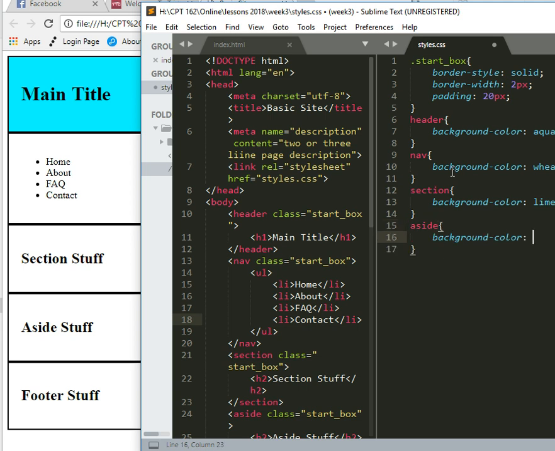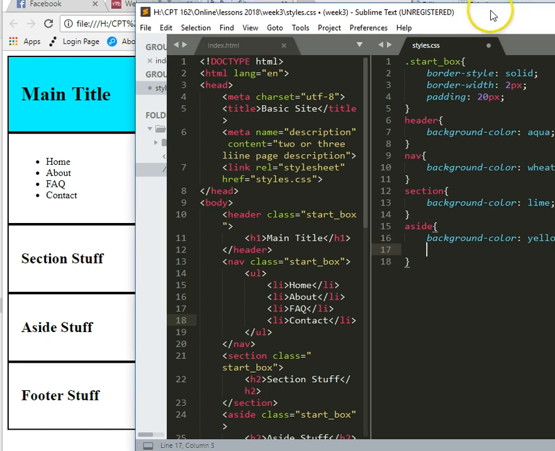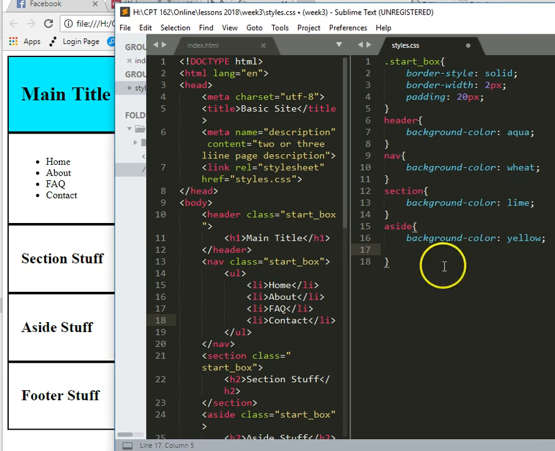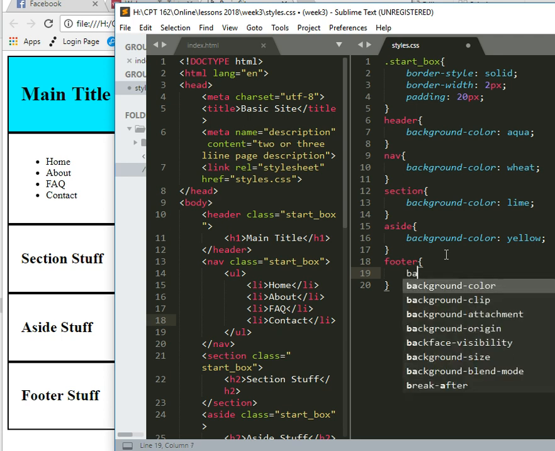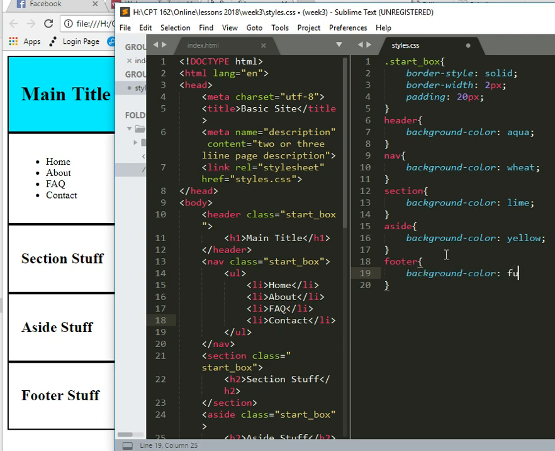And background color. And that one is going to be yellow. You can't see that really. Okay. Again. Okay, and then the last thing we're going to have is our footer. And our footer is going to be fuchsia. So background color, fuchsia,